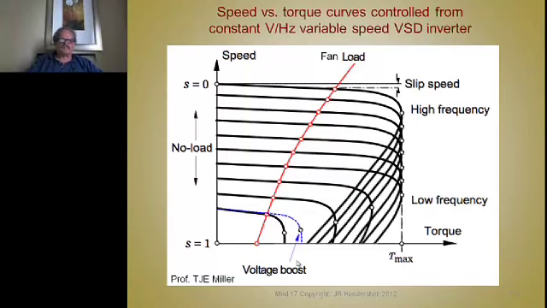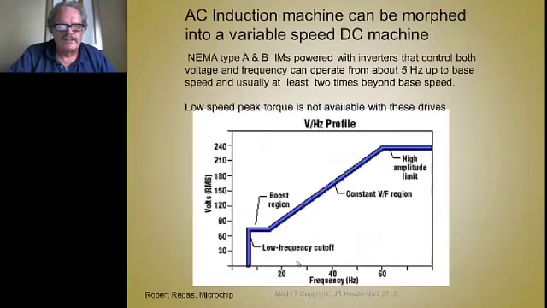The drawback to this kind of inverter, a constant volts to hertz inverter, is that you don't have very good control at real low speeds, close to zero, and you don't have high starting torque. You have to have a flux vector drive to overcome that problem, and that's a closed loop volts to hertz drive. And when you use a flux vector drive, you can actually morph the induction machine into becoming a variable speed DC machine,